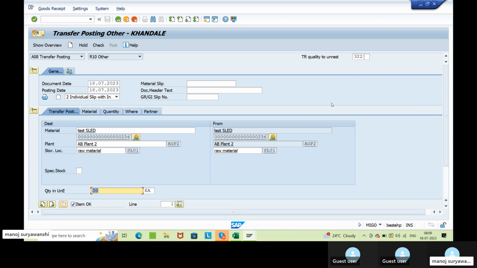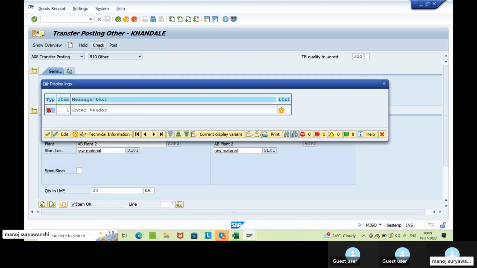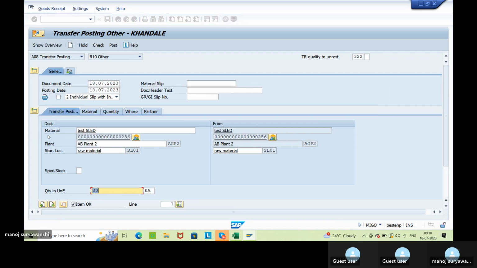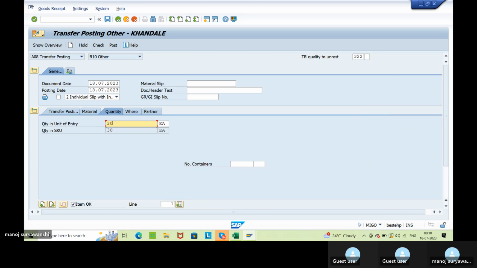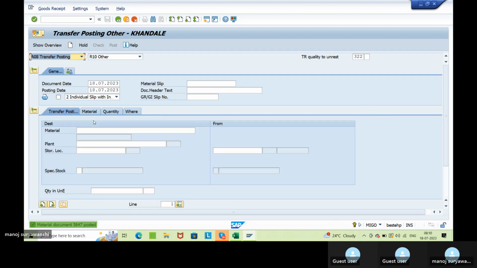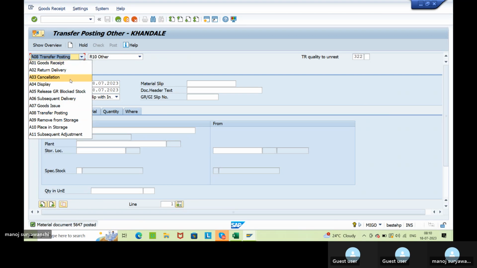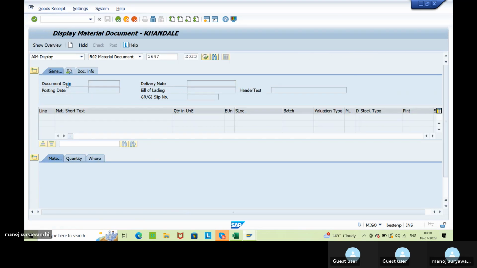So from this movement type, system gets these details automatically. System understands that we are doing a stock type to stock type transfer posting. Now you check this and post it. Enter here. Post it. Posted. Display this, and you can see